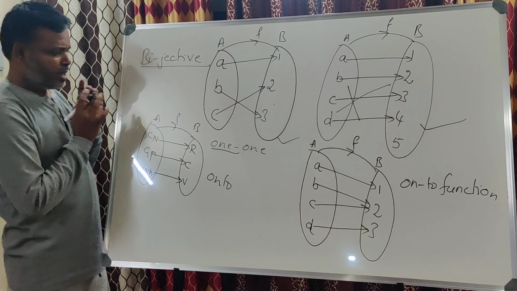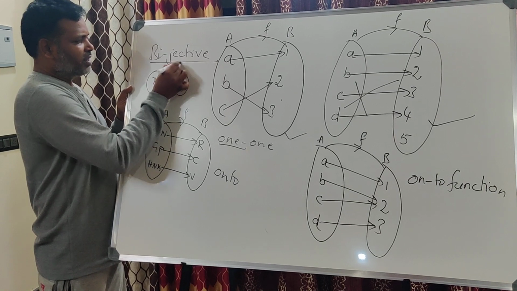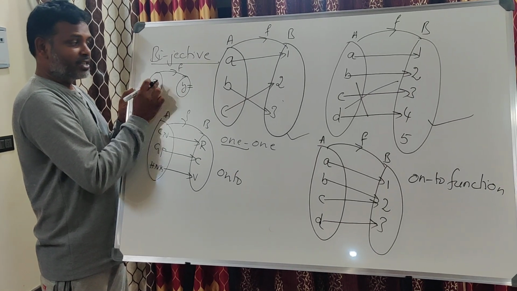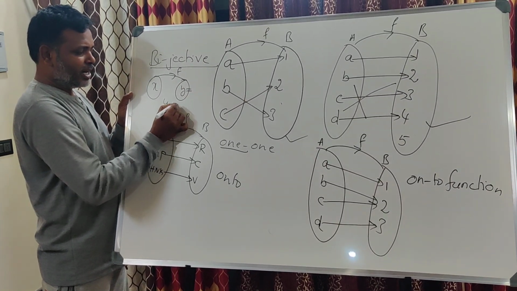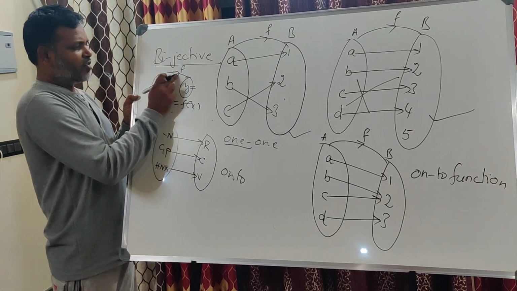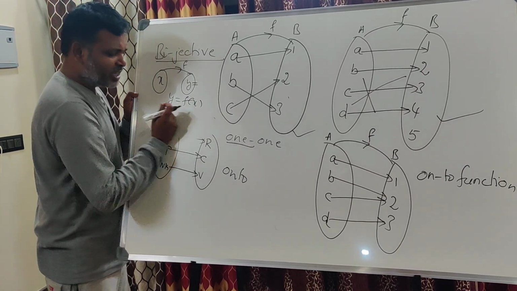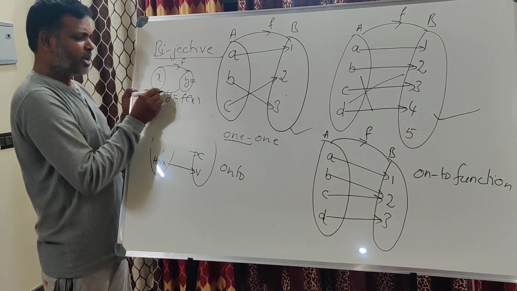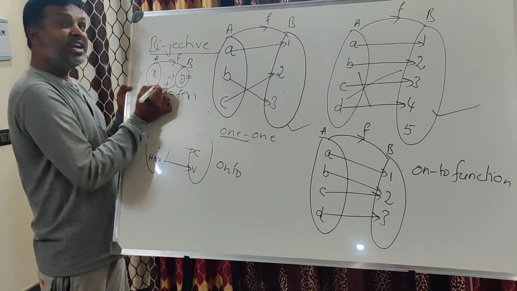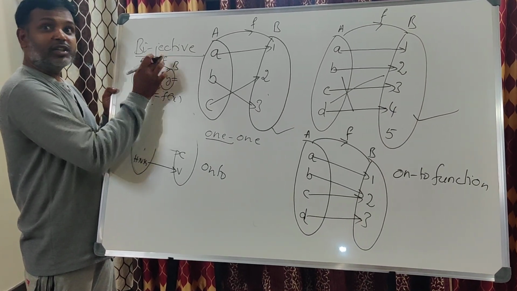Why, sir? Now if I consider this is x, this is y, there is a function, therefore y can be written as, y is the image of x or y is a function of x, therefore this y can be written as f of x. Can I call it like this? Okay, pay attention, since f is a bijective function, both f and f inverse are defined. f inverse is nothing but what? The inverse of the function which is defined from here to here. This is from A to B. f inverse is from B to A. Therefore, the inverse of a function exists only when the given function is a bijective function.